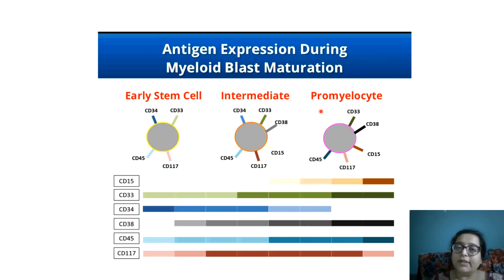Okay. So once we have determined the size on forward scatter and we have isolated our population of interest, then we have multiple tubes in the flow cytometer and each tube has some antibody combination in it. I'll show you all that shortly. Why we are using those antibodies is because now we need to identify that this was our population of interest. This looked like blast as per forward and side scatter. Now we need to see what kind of blast it is or what kind of cell it is.